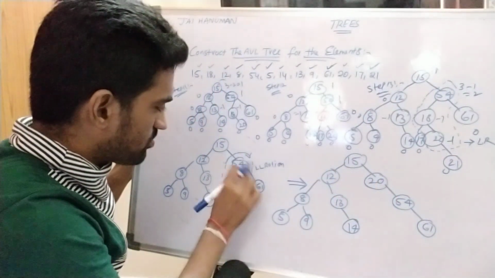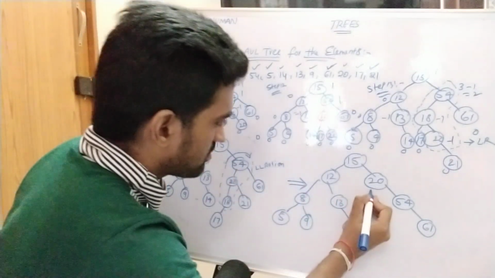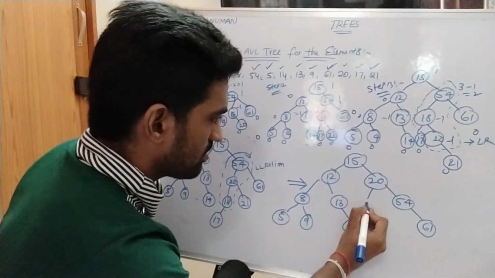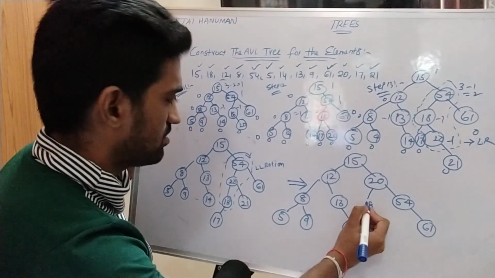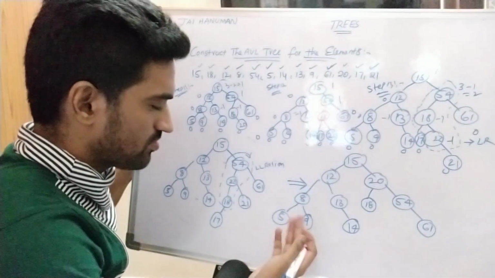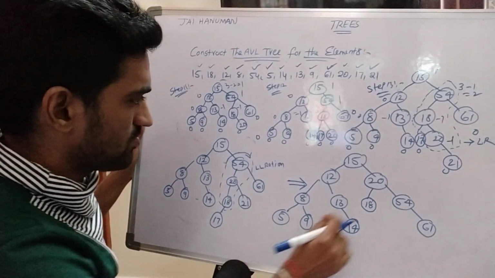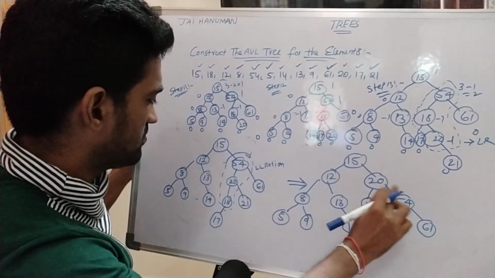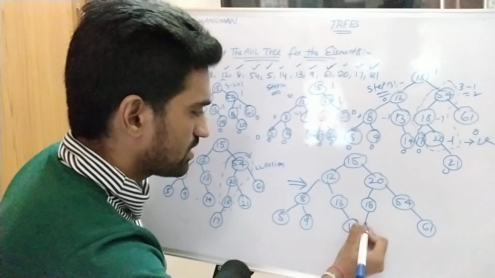So 20 is moved, 54, then 18, 20 is moved, 17,